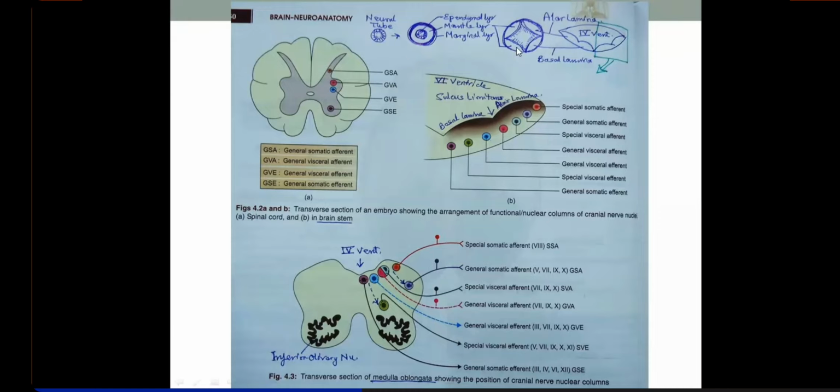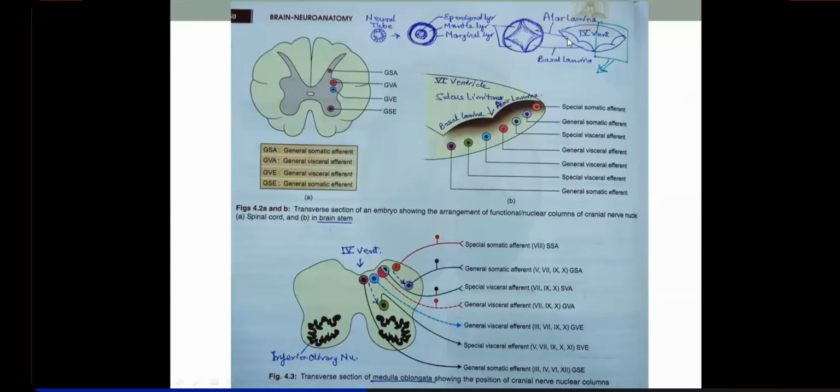If you flex this, it will be stretched. If you're flexing it downwards, the two basal and alar lamina will be spread out, and superiorly there will be a thin wall, and that forms the roof of the fourth ventricle. And the cavity, which will be stretched from the central canal, will form the fourth ventricle. This is happening at the level of the pons, right? So this is the floor of the fourth ventricle formed by the pons as well as the upper portion of the medulla.